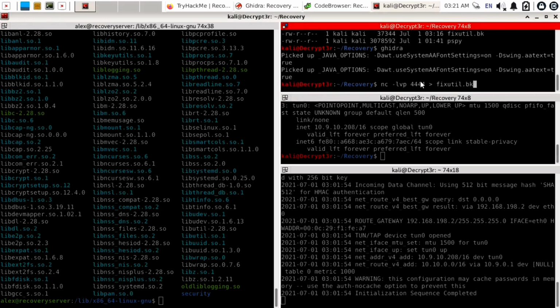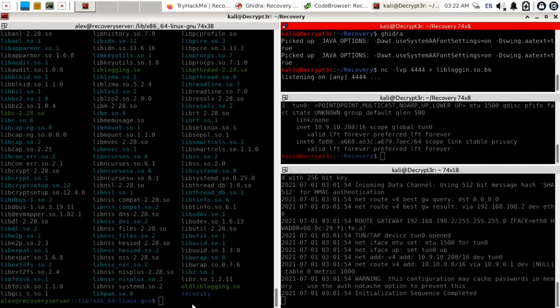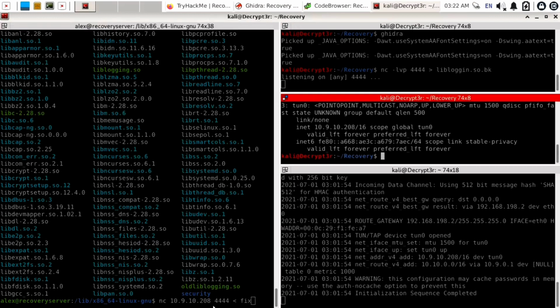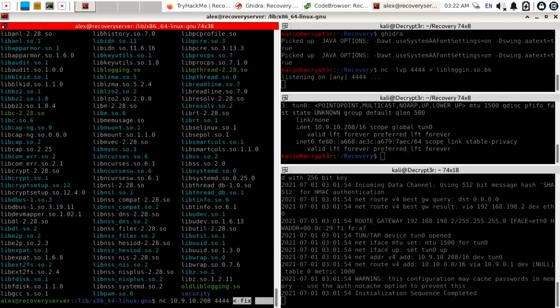So I will start the netcat listener on our machine again and give any name to this output file. So I'm just giving here liblogging.so.bk and hit the enter button. Now upload liblogging.so from the victim's machine. So here also we are going to use the nc command. Then the file name is liblogging.so.